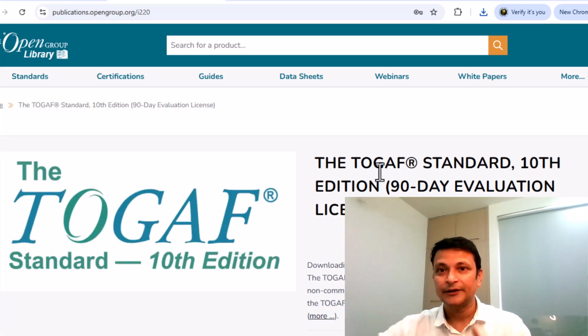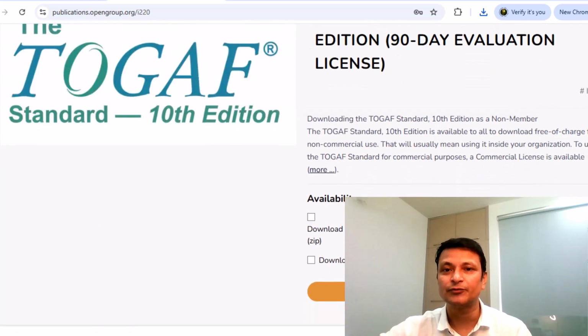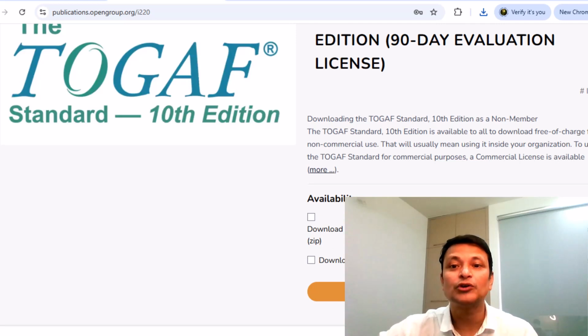Now whoever doesn't have an account, just create an account and register. Then there are two things: download the TOGAF 10 Standard Edition fundamental content PDF, as well as download the Standard 10 series guides. So this is the